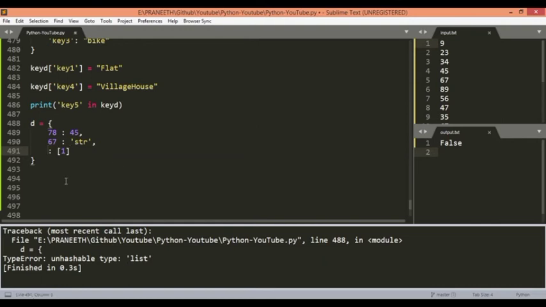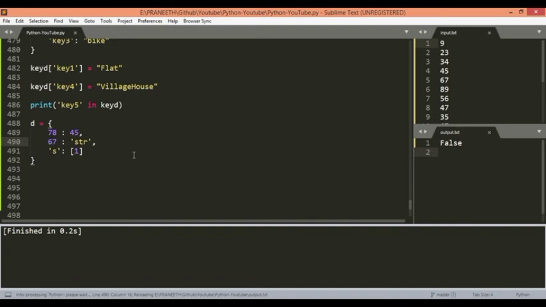If we change this to any string such as s, then it will not throw an error, because as I specified, the key value should be immutable, meaning it shouldn't change with any operator. So these data should not change with any operators, but here we can specify any type of data.